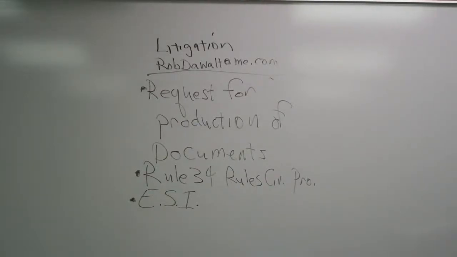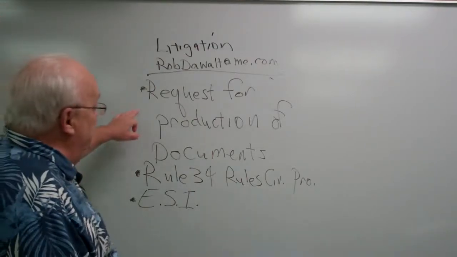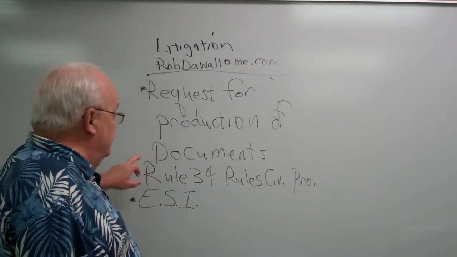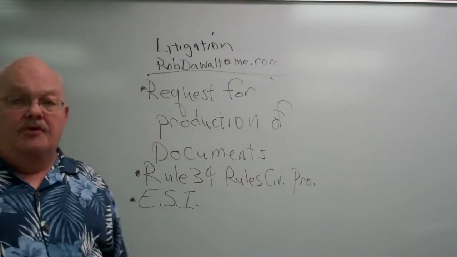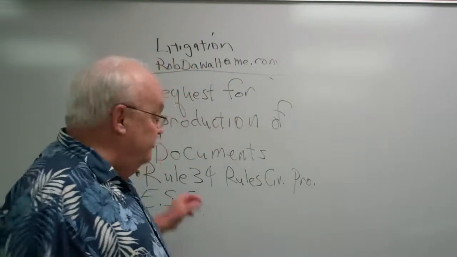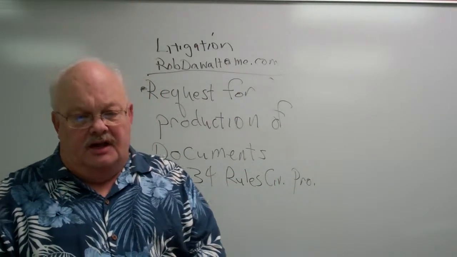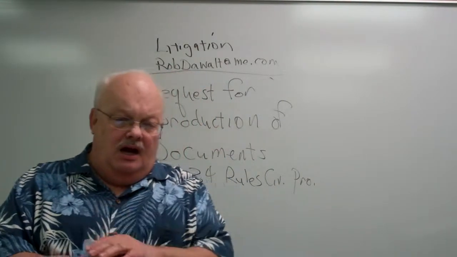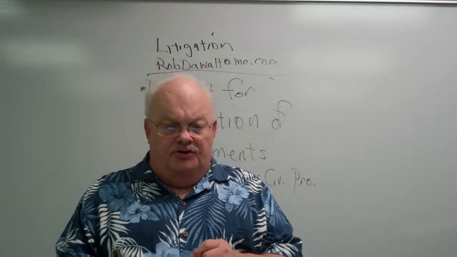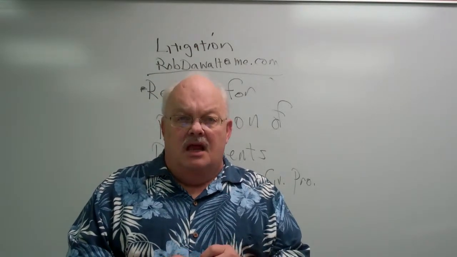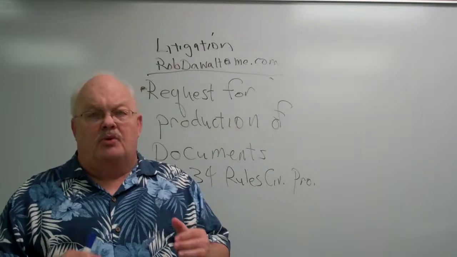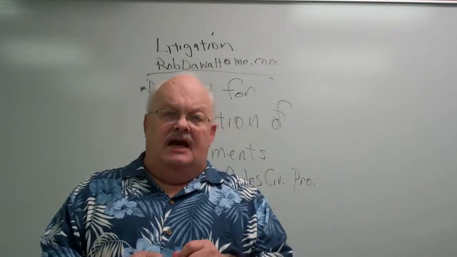All right, we're in litigation class today, and we're going to talk a little bit about, it's basically session 11, chapter 12 in your book, request for production of documents under Rule 34 of the Rules of Civil Procedure or the Rules of Trial Procedure, Indiana Trial Rules. So basically, Rule 34 is involved with producing documents, tangible things, letting you inspect people's real estate, their house, things like that.